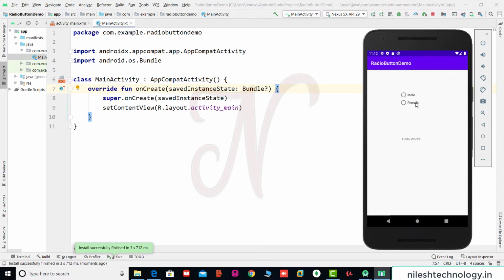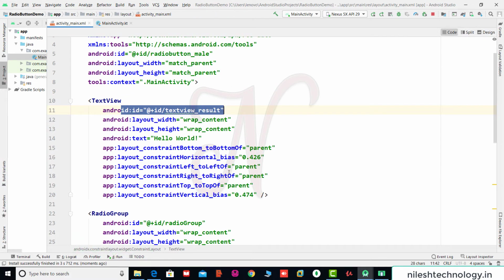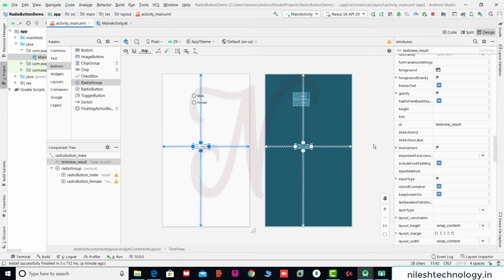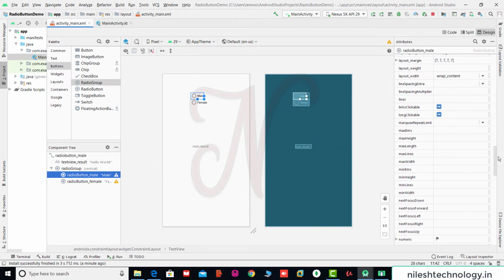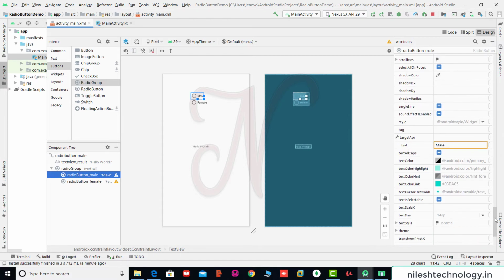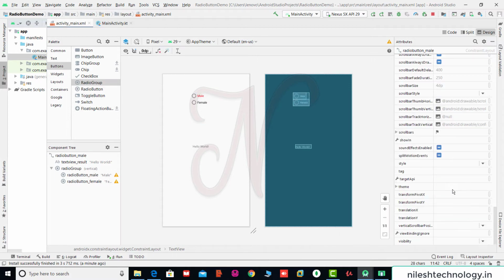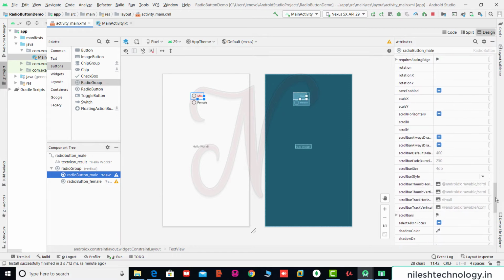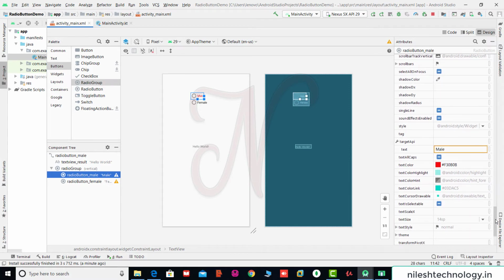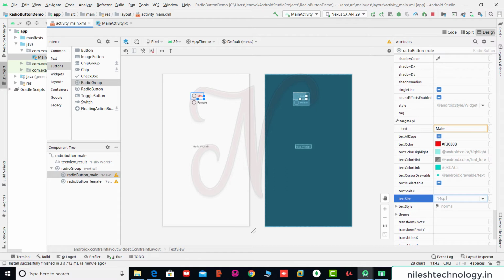Now we change some properties. Here we set the color and the text size. Go to this XML file in design layout. Select the male radio button and set the text color to red and the text size to, for example, 25 dp.